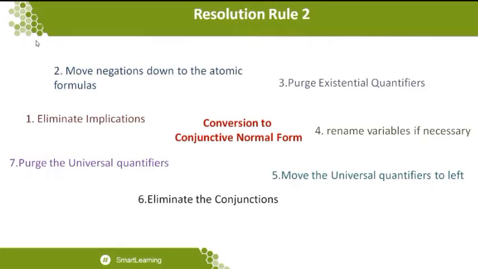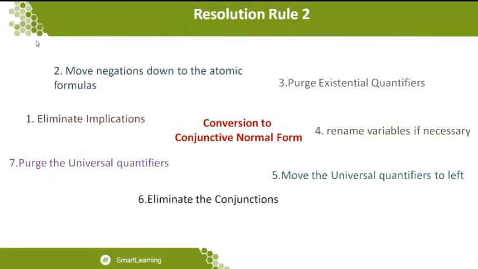Okay, so we want to eliminate the implication, followed by moving the negation down towards the atomic formula, because once the elimination of implication is available, we know that not of P or Q is going to be taken. So P will be the sentence in the first part of the sentence. That will be a single fact, or facts connected with some logical connectives. When it is available with logical connectives, the negation is to be carried to all the logical connectives, thereby the conversion is made.